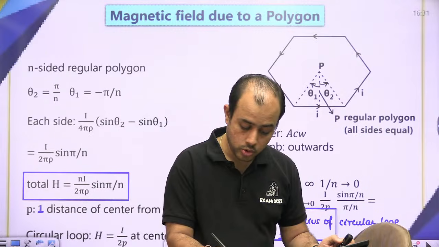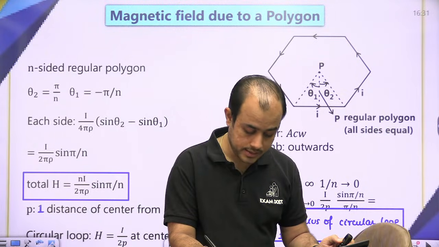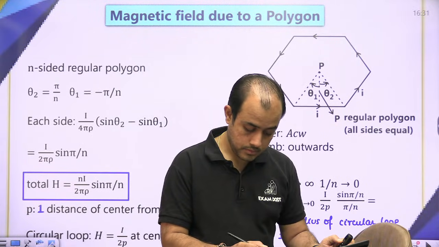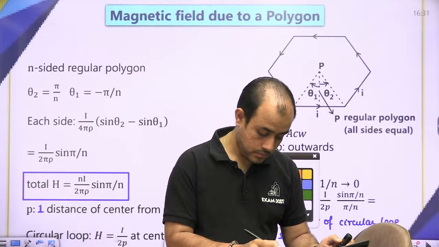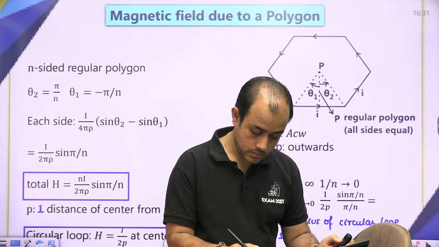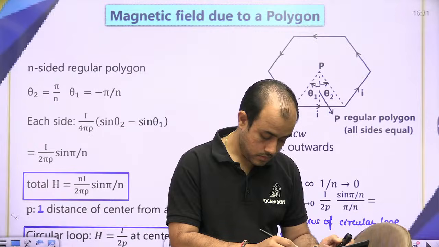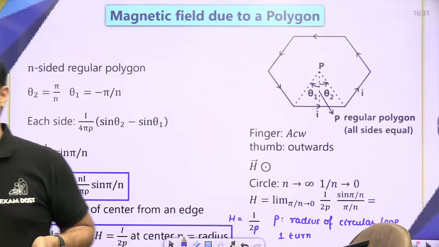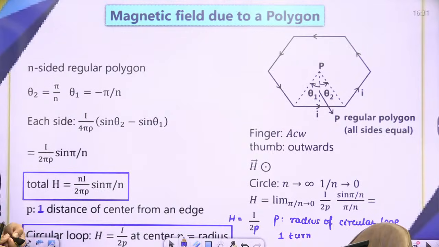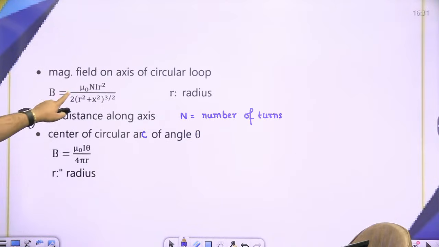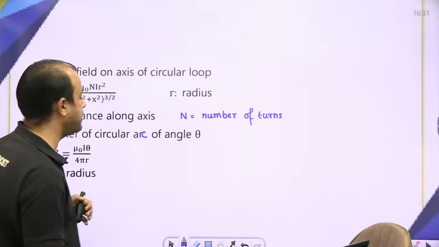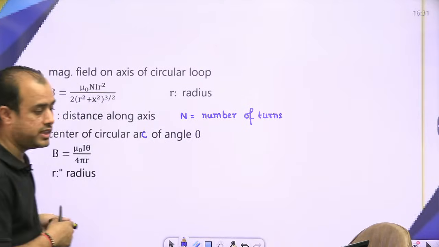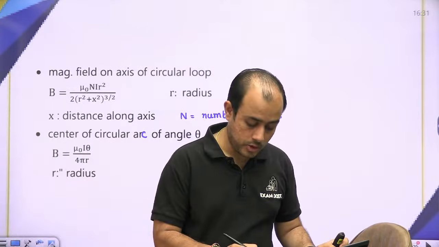This I by 2R is for one turn. This I by 2R is only for one turn; here there is only one turn. For n turns, you can get I/2R from this formula as well. Just keep x equal to 0. In this formula,